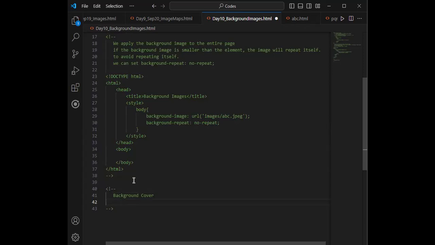If you want the background image to cover the entire page, you can set the background size property to cover. And to make sure the entire element or entire page is covered,